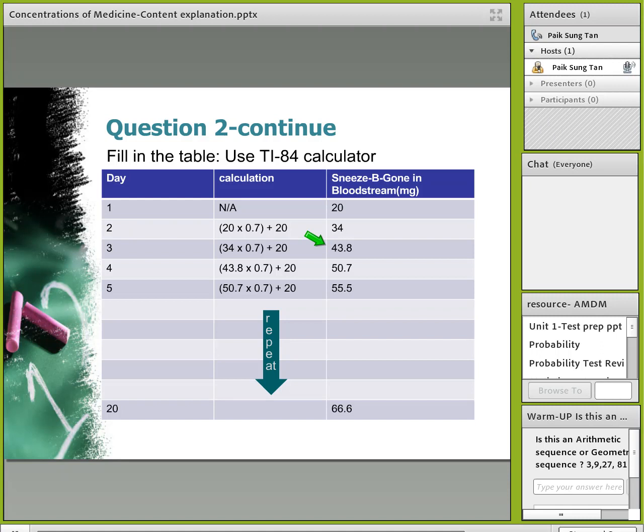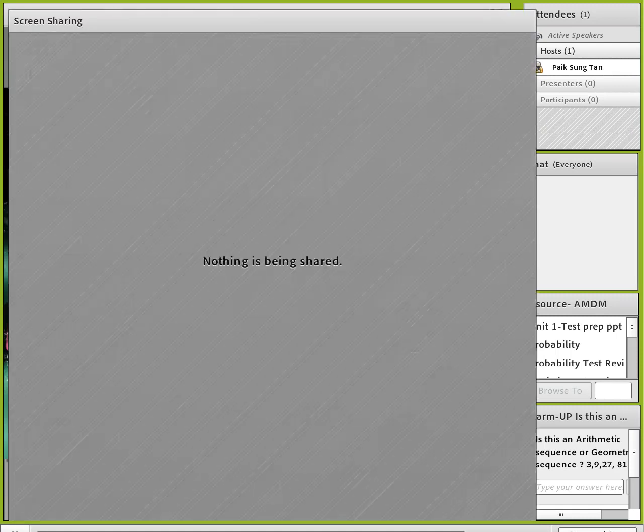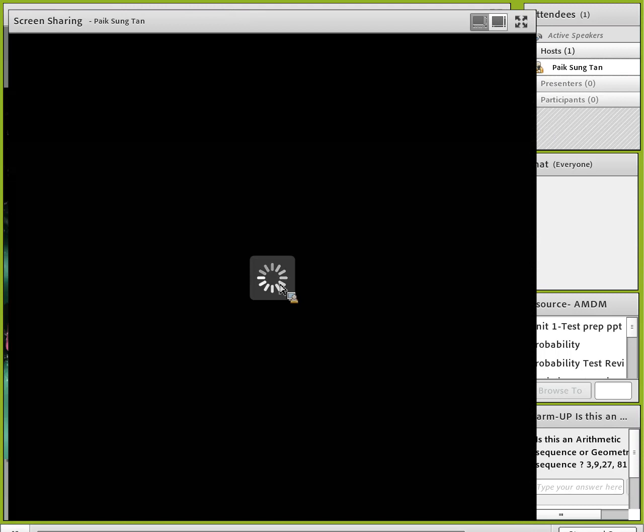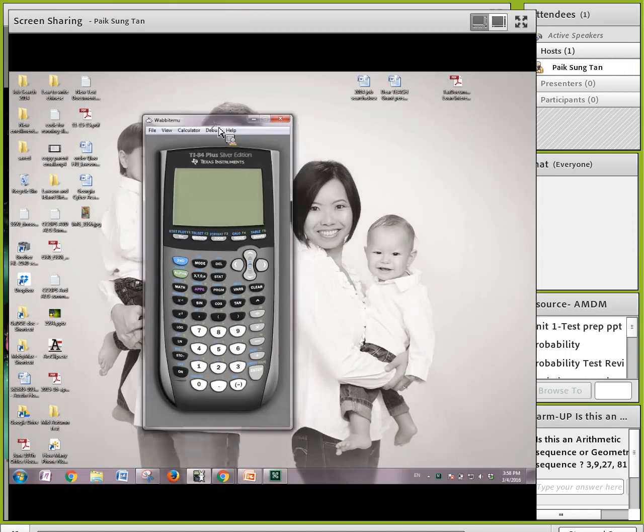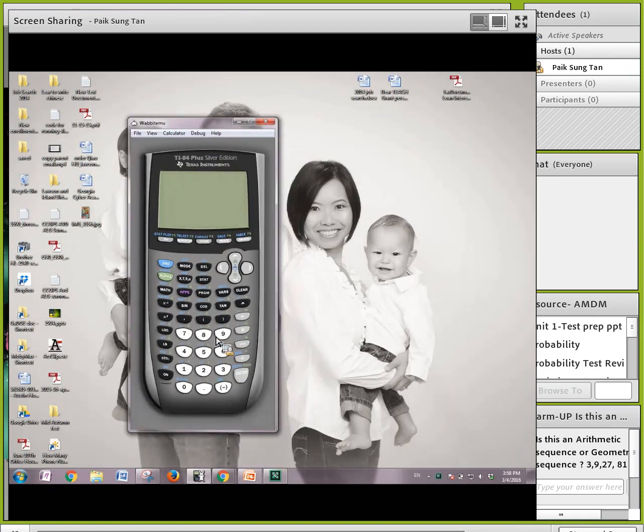So to use your TI-84 calculator, give me a second, let me pull it up. I can show you on the screen. Okay. So using this calculator,